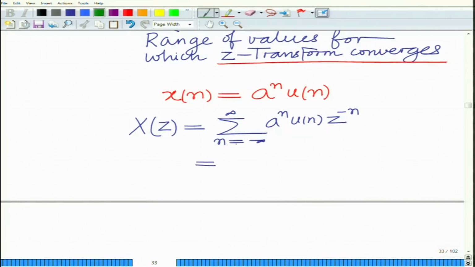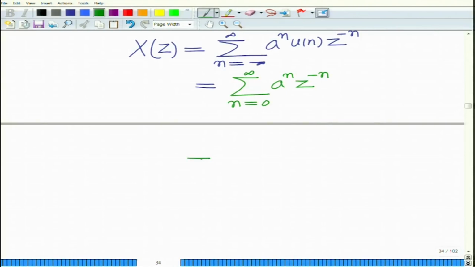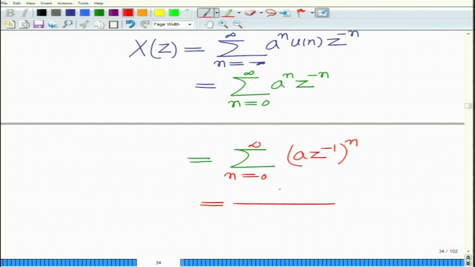Now u[n] is non-zero only for n greater than or equal to 0, and therefore this equals summation n equals 0 to infinity a raised to n z raised to the power of minus n, which is summation n equals 0 to infinity (a z inverse) raised to the power of n, which is basically 1 over 1 minus a z inverse,